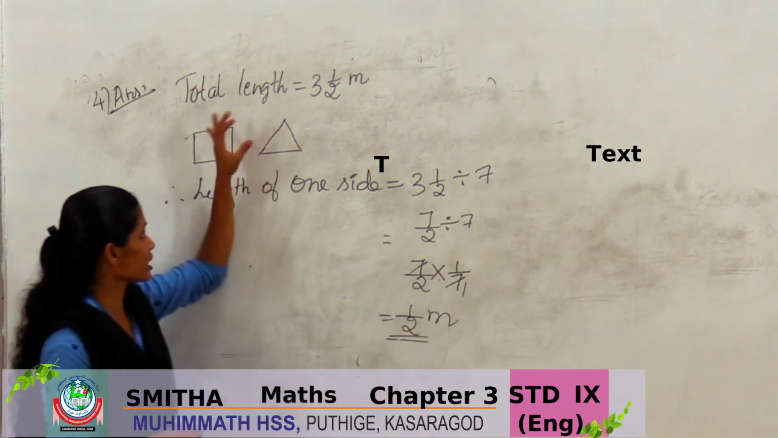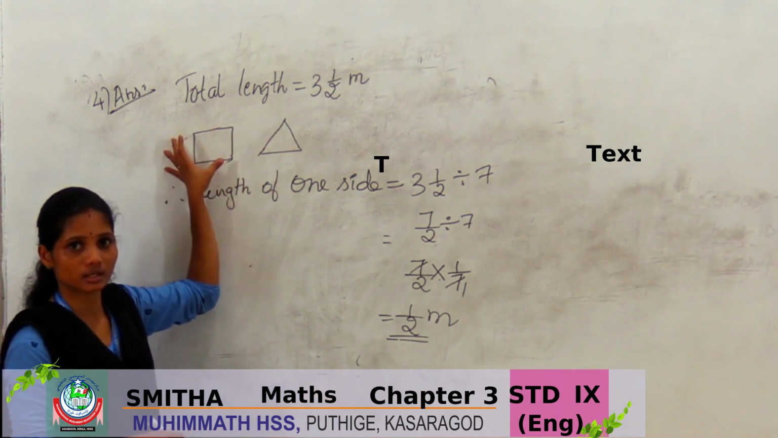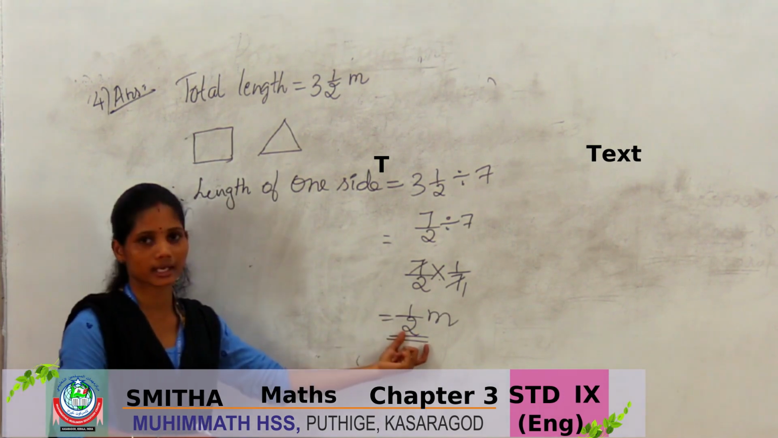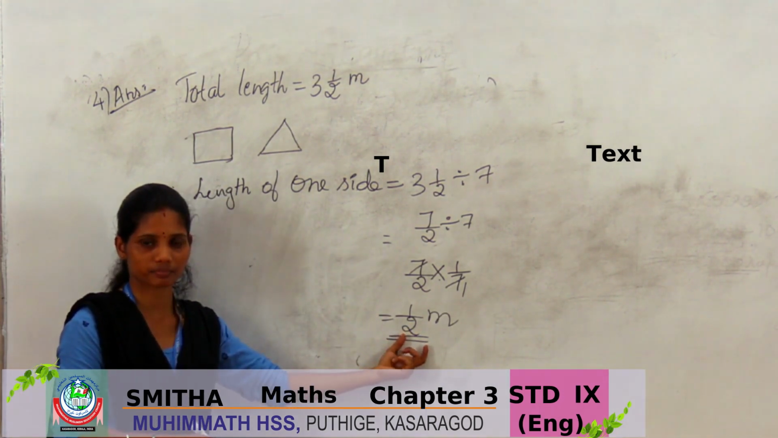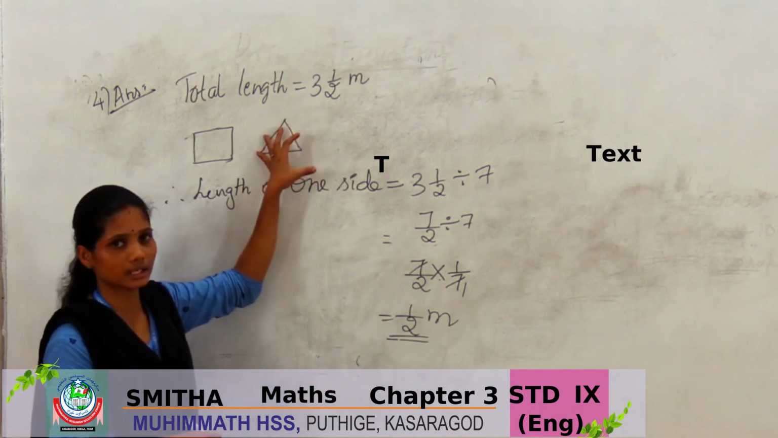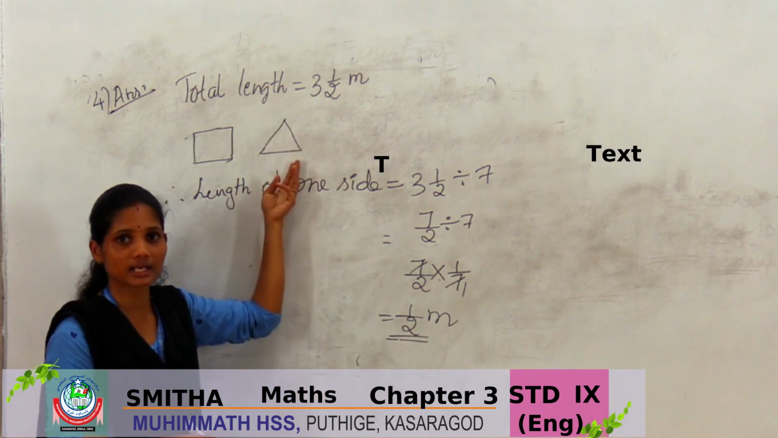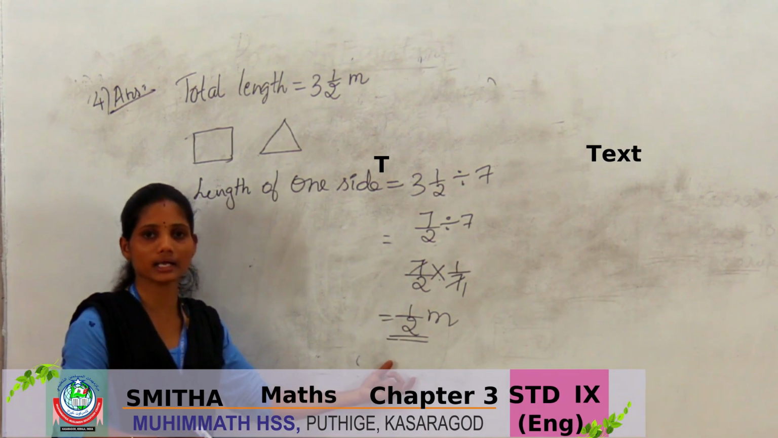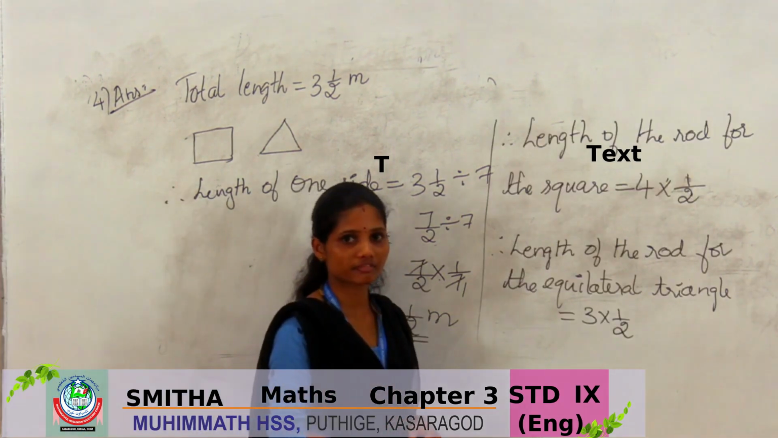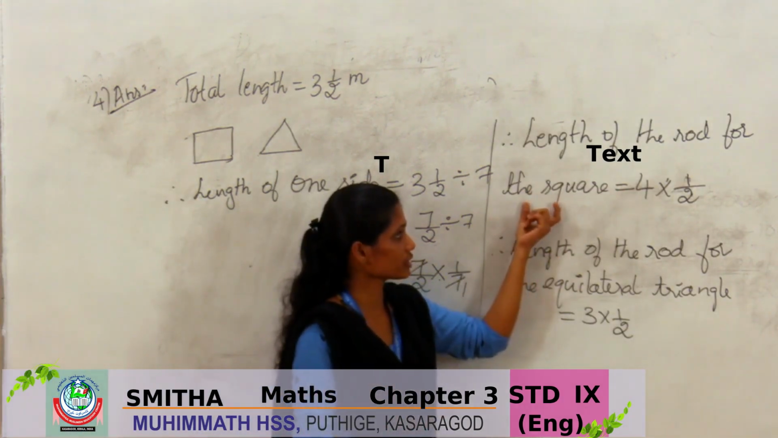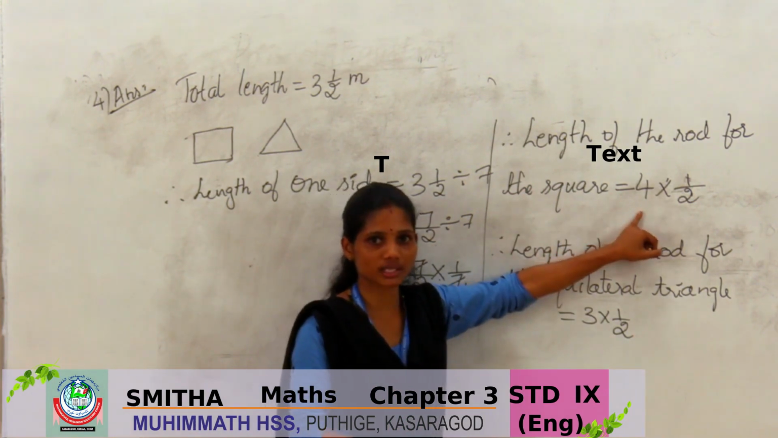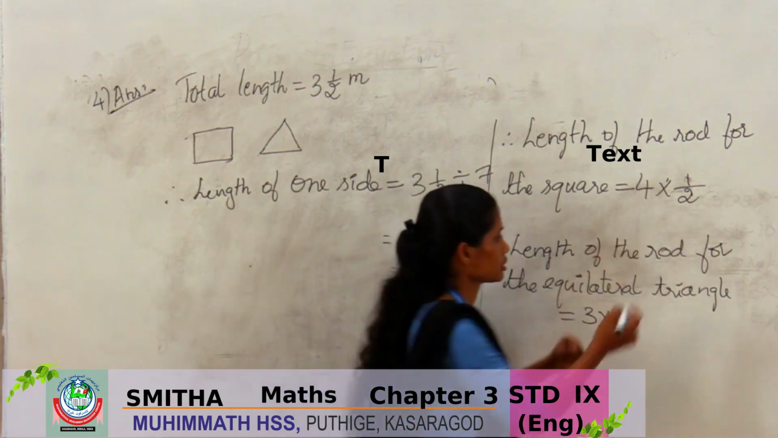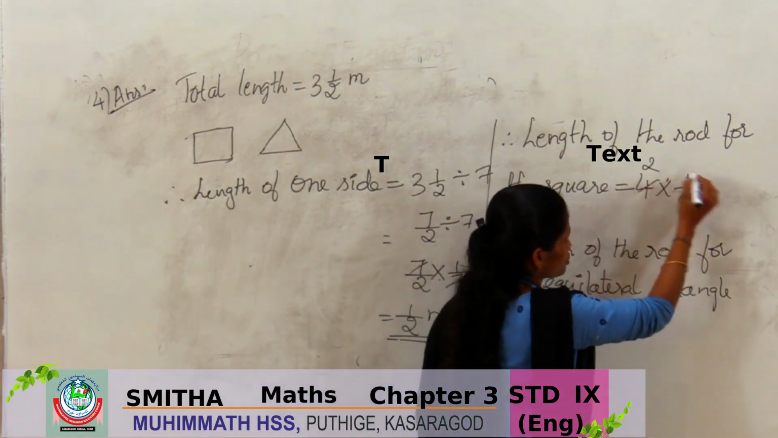A square has how many sides? 4 sides. So what is the total length? 4 multiplied by half. What is the total length of the triangle? A triangle has 3 sides. Multiply 3 by 1 by 2. Therefore, the length of the rod for the square: the square has 4 sides, so multiply by the length of one side, that is half. 4 1s are 4, 4 2s are